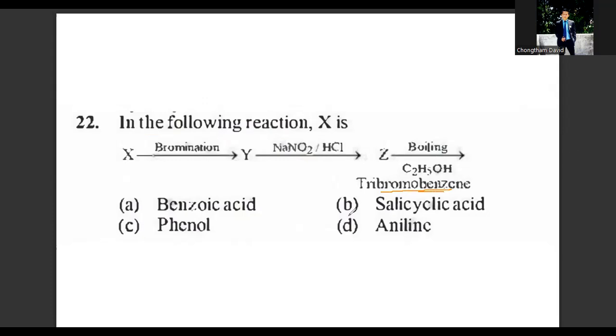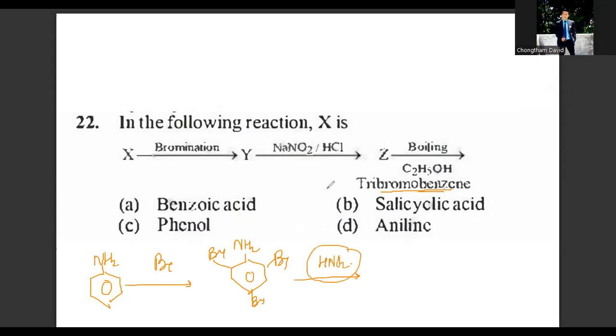Since it has a benzene ring, likely X must be aniline. Because on bromination of this aniline in bromine water, you are going to obtain 2,4,6-tribromoaniline. In cold condition, if I treat this with the nitrous reagent, the two reagents will give nitrous acid, because one will go as sodium chloride and nitrous acid will be formed. And in the presence of this nitrous acid, the reaction will give diazonium chloride,